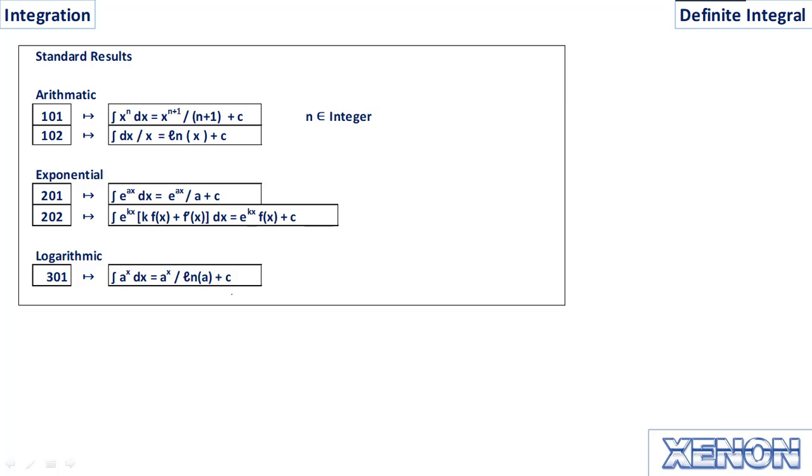So here we will integrate x to the power n, so we will be getting x to the power n plus 1 upon n plus 1 plus c. Here c is a constant. Integration of x to the power n plus 1 divided by n plus 1 plus c represents a family of